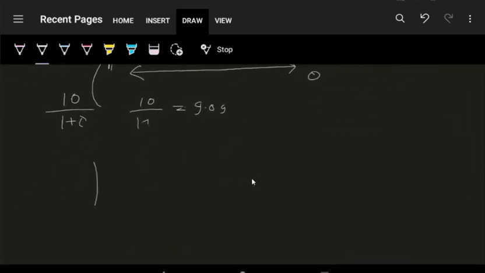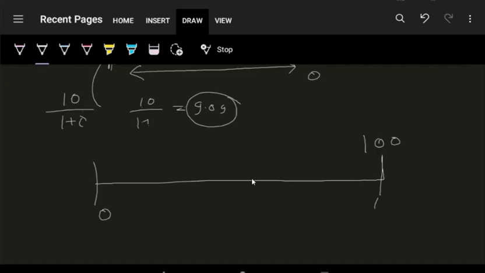And my discount rate, so let's draw the example again. I took a loan of 100 at time 1. At time 0, since this is my discount, here I will get 100 minus 9.09, that is 90.91. So I'm getting 90.91 at time 0 after deducting the discount. So my transaction looks like this.